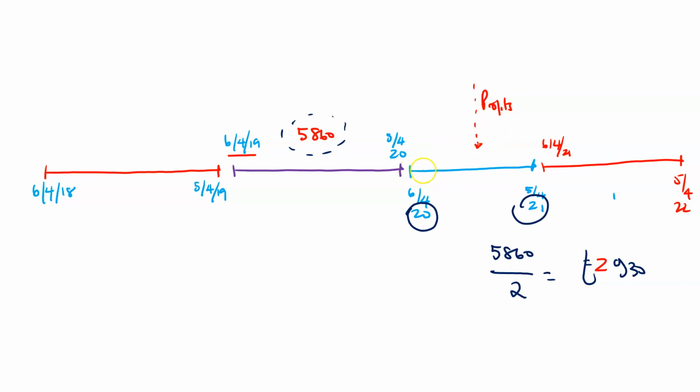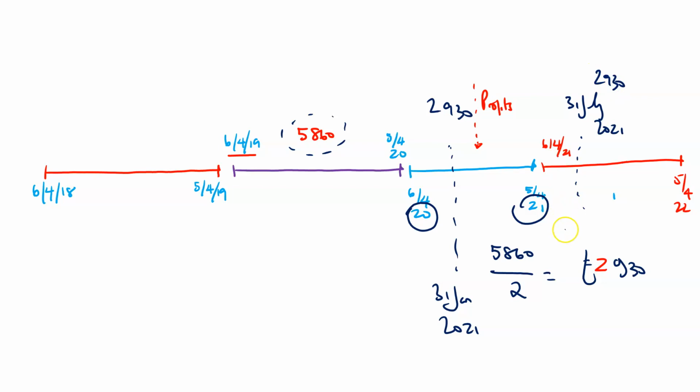you will make your first payment on the 31st of January 2021, and you will make your next payment, which will cross into the next year, on the 31st of July 2021. So you'll make two payments of 2,930. Now, the reason why this is important is because if you come back here to the last day of this financial year,